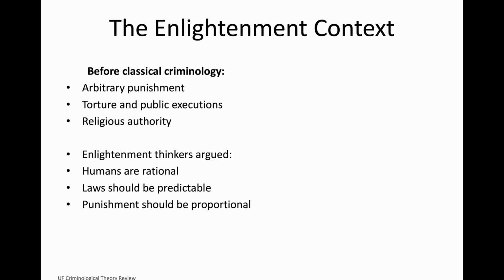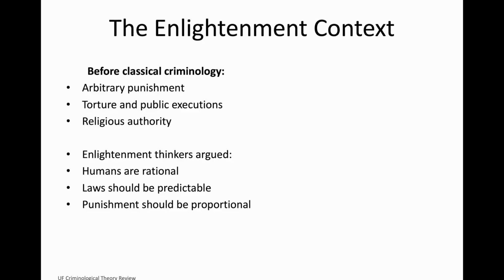So if you have two people who, say, committed similar acts, they might receive very different punishments depending on their status, or the judge, or even political context, or just the mood of the authorities during that day. But classical criminology emerged as a critique of this system. Classical theorists argued that law should be rational, predictable, proportional, and secular. Rather than explaining crime as a product of evil spirits, sins, demonic possession, or inherent wickedness, classical thinkers viewed crime as behavior committed by rational human beings.